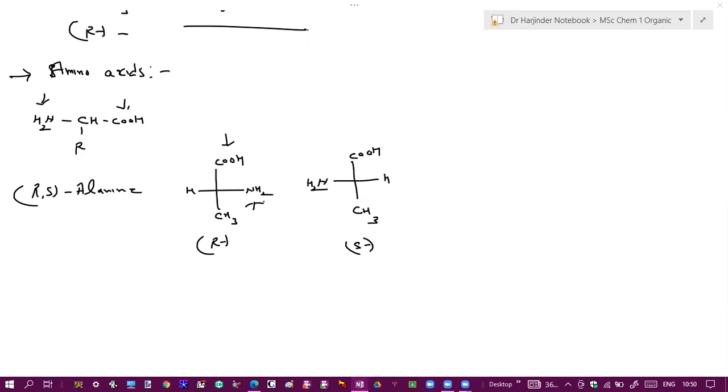For example, if you are separating it by using this carboxylic group, you have to protect this NH2 group. And if you are using this NH2 group, you have to protect this carboxylic group. So you have to use only one group. So here you have to use some protecting group. What is a protecting group? Any idea?